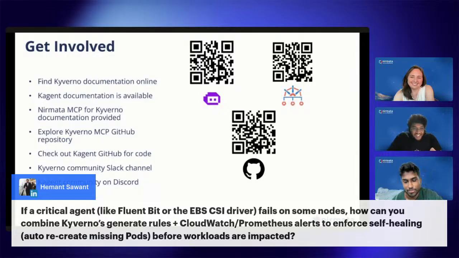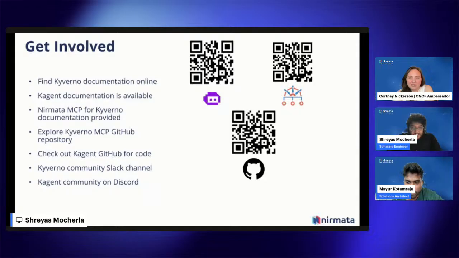That's a good question. I'm not very familiar with Fluent Bit or EBS CSI. I'm sorry, I actually don't know. I haven't dealt with this before. That's okay. We're diving into a whole new world, right? Prometheus alerts plus agentic AI, and how are people going to manage those things? There's a lot in that question. This is a great question, Hemant. If you'd like to continue that conversation, we've got an entire team of maintainers for our Kyverno project that I'm sure would love to bounce some ideas off of the wall with you.